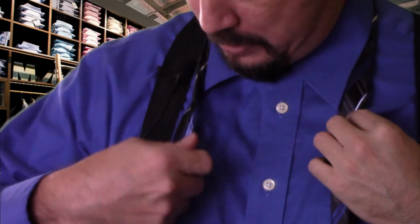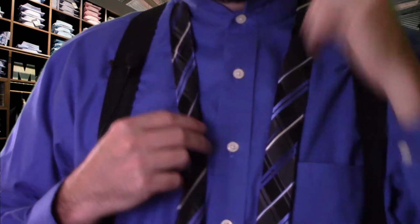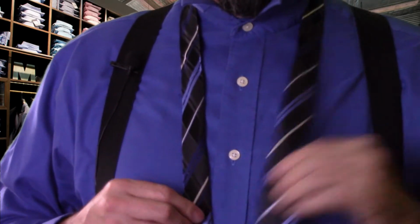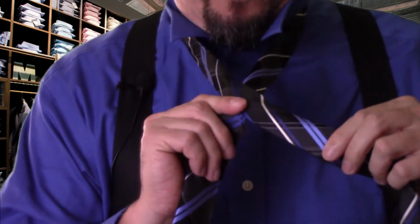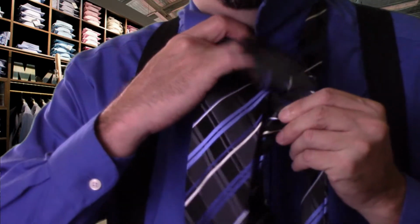So hopefully you can see all that, and I'll do it one more time at a little bit faster speed, just so you can see the process. It's not a long process, right? You can flip up your collar, you don't really have to, but all right, so have about a foot of the tail here across your chest, okay? Bring the main part over, go behind, okay? So now the back end of the tie should be facing up forward, over and through,